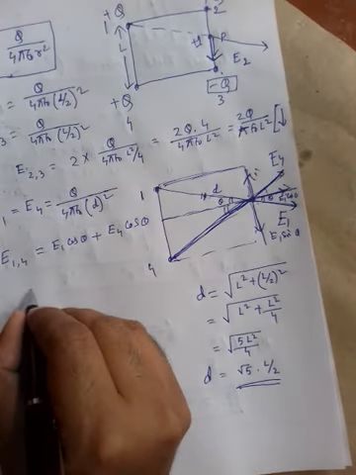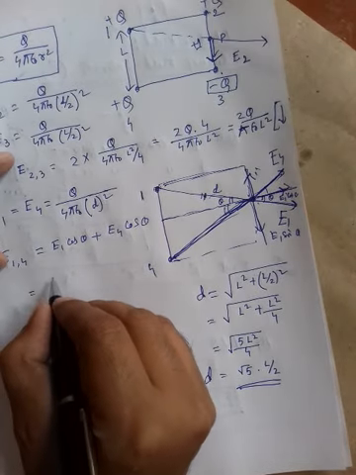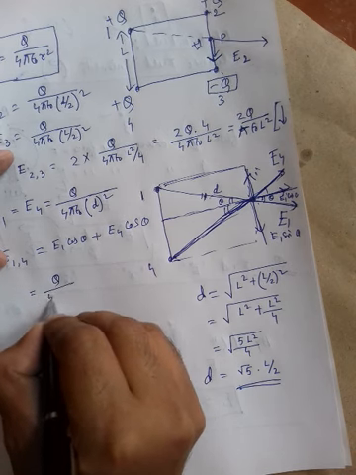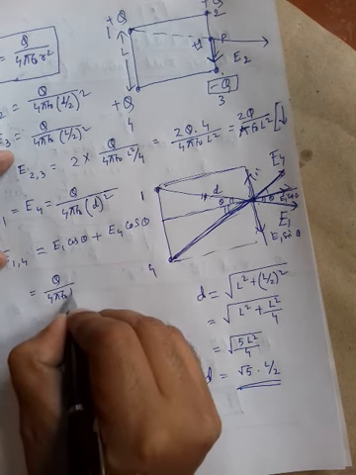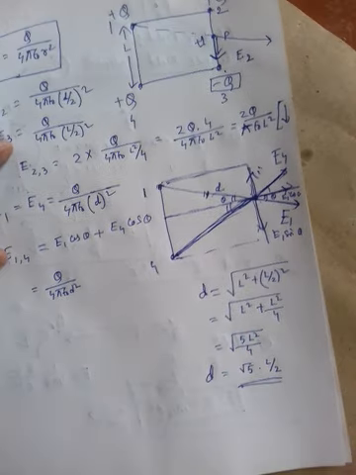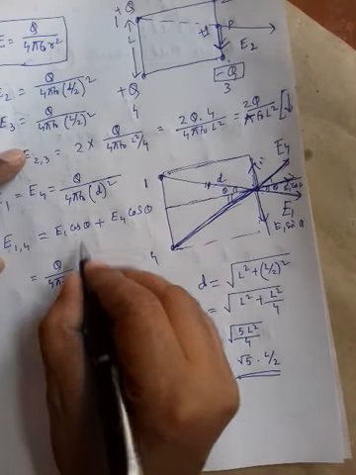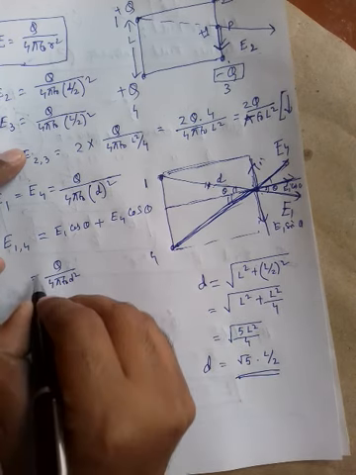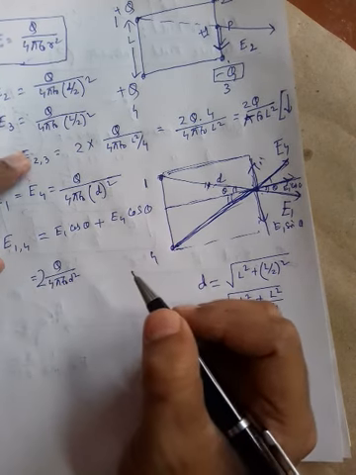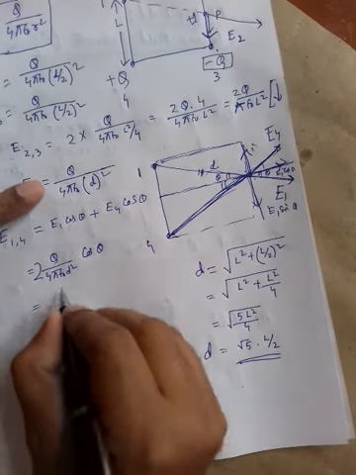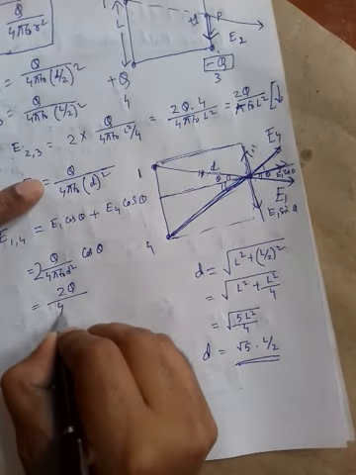The value of E1 and E4 is the same. So you can write both values the same. So it is Q by 4 pi epsilon naught D square. What is the value of D? We know D is this one. You have to square it. D square. This value is the same, so twice of this, cos theta. So twice Q by 4 pi